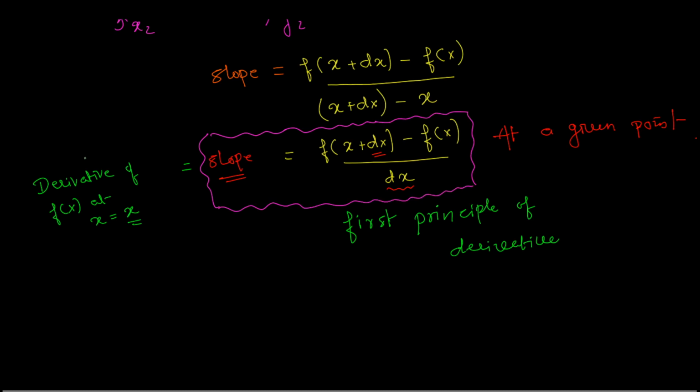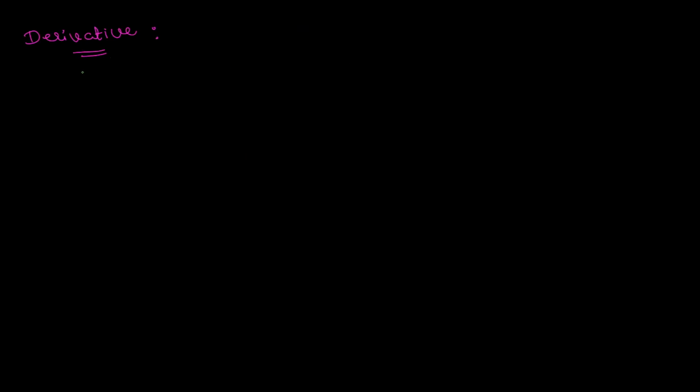And in fact by now it must be very clear to you that derivative of a function at a given point is nothing but the slope of that function at that given point. And this is just to getting to know what derivative is. The real derivative is going to be much more interesting than just this, right? So that's derivative. So when you find derivative of a function, basically you're ending up finding the slope of that function at that given point, is what derivative is. All right, more about derivative now.